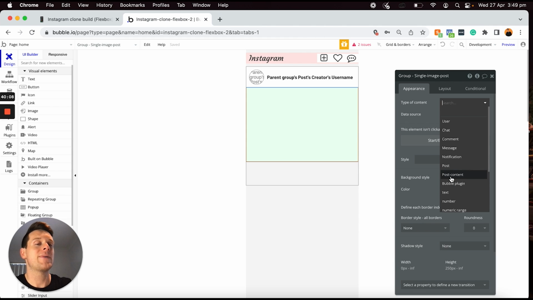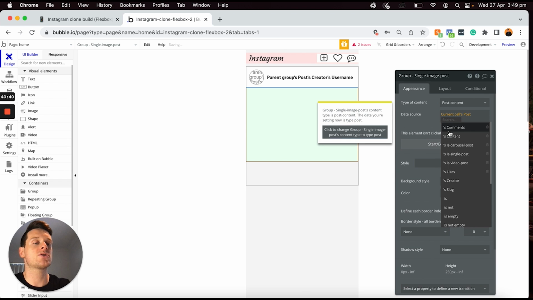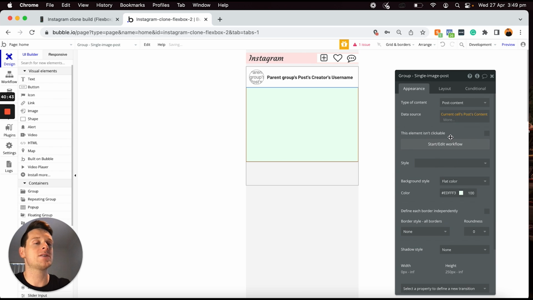Because you might remember that when we are creating an Instagram post, we have separated the larger data fields, so things like the actual post images and videos, from the post itself. And this is where we're going to start referencing to display the post content. And so I'm going to set the type of content to be post content. And then for the data source, because we had linked post content to a data field for our individual post in our repeating group, I can easily just display the current sales post, its linked post content here,